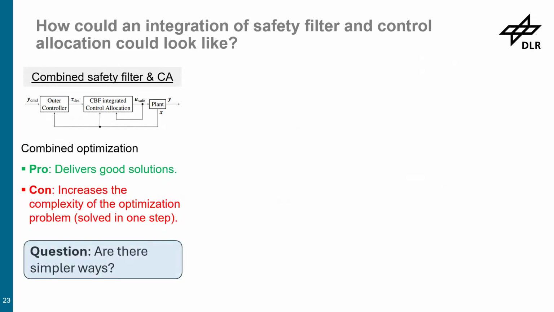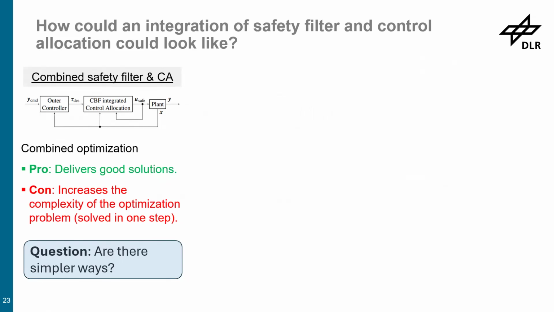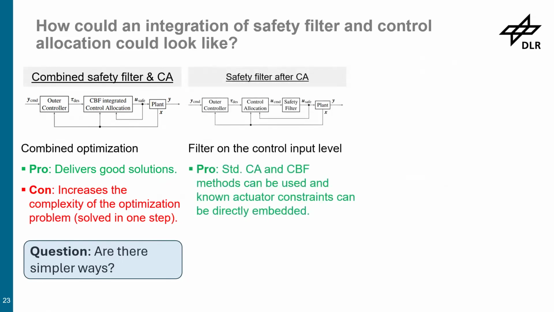And maybe there are other ways to look into the problem. One is to go back to the vanilla version of the safety filter, or let's say the most obvious one, where you say: I know my safety filter should be designed on the control input level. And I have a control allocation algorithm, like the pseudo inverse or QP, that is solving my problem separately already, and it works quite well. I just place a safety filter right behind it and call it a day, right? And this works quite okay, but has some issues. And the issue is